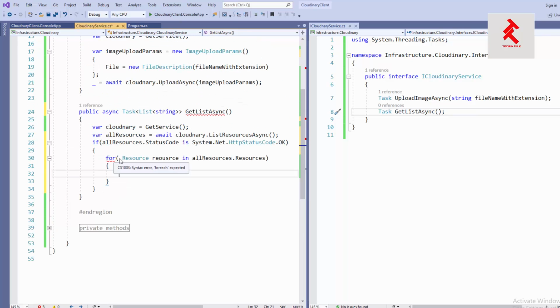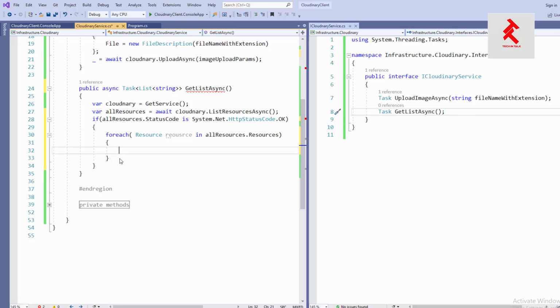And it is saying that it should be for each. Okay, all right. Right, so and next thing will be we want some property of